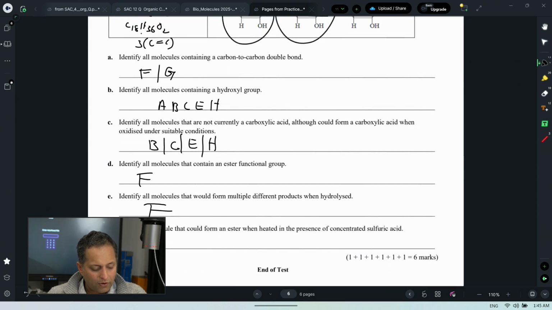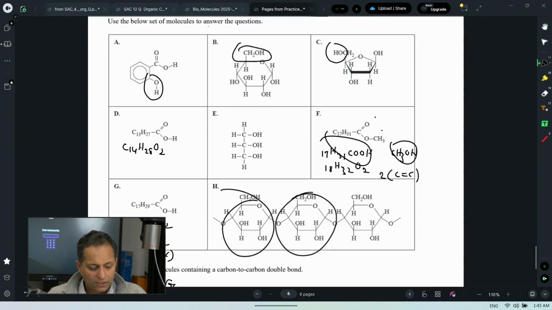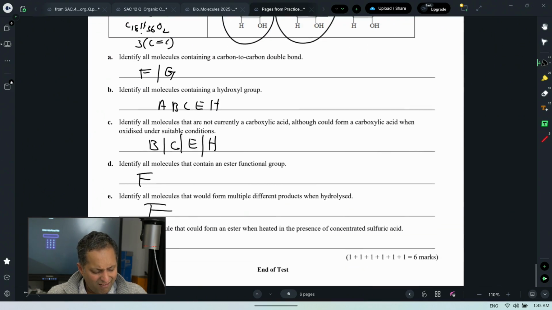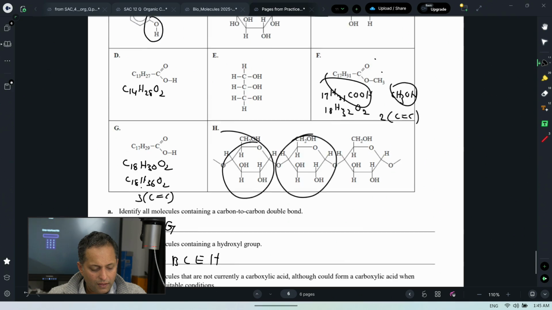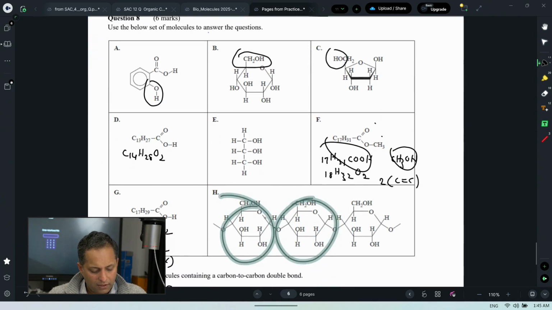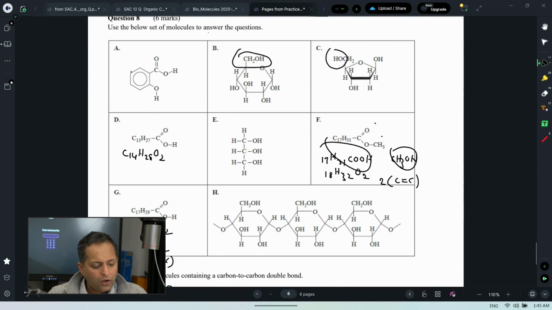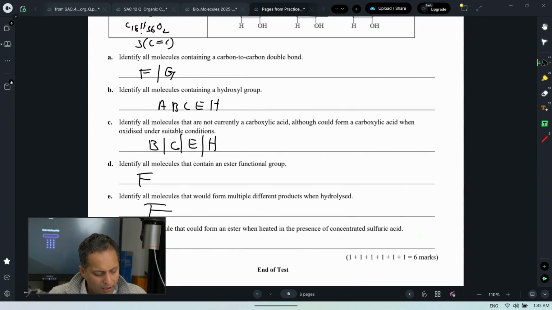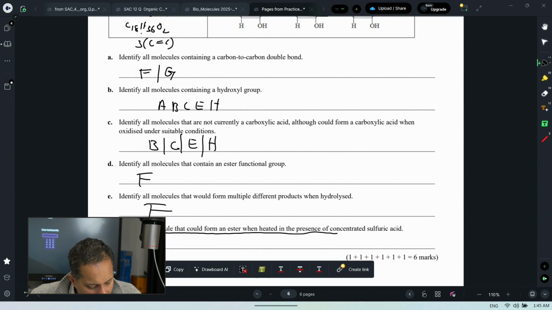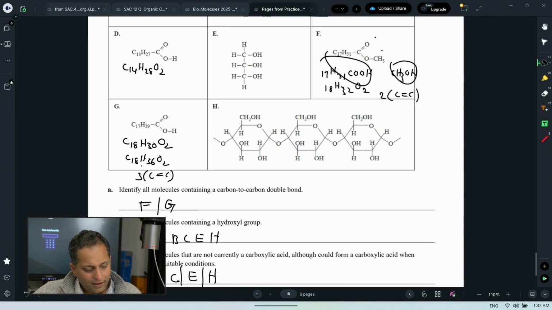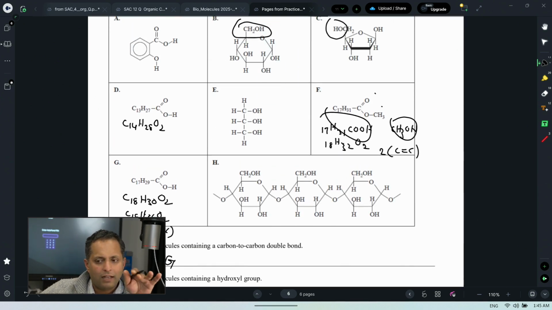Identify a molecule that forms an ester when heated in the presence of sulfuric acid. That could form an ester when heated with sulfuric acid. What is going to be? Oh, look at what is going on here. That is a good one. Why? A molecule that could form an ester. They are saying, just add sulfuric acid to a molecule and it will form an ester. Then you might be thinking,